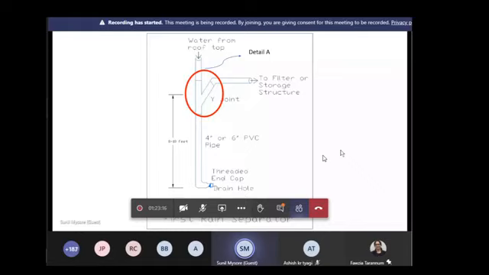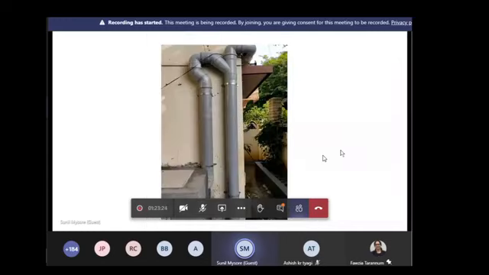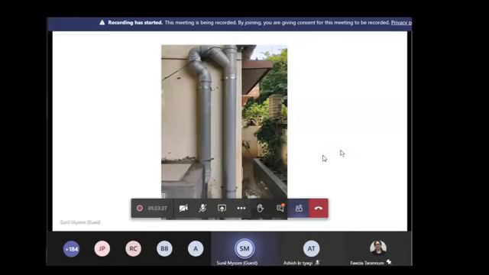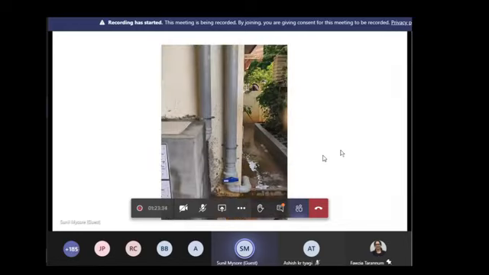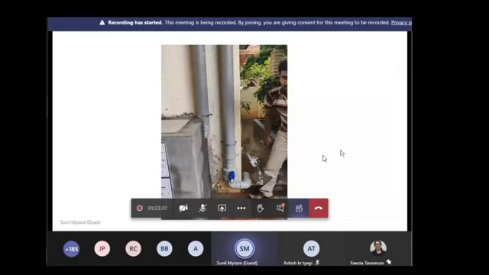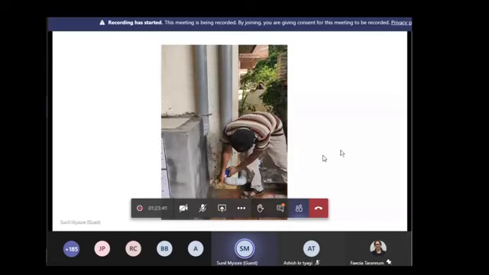So if you can see, this is actually one which is done. You can just see the small video. You can see the valve here. When you open it, the water just drains, and when you close it, the water then goes into the filter.